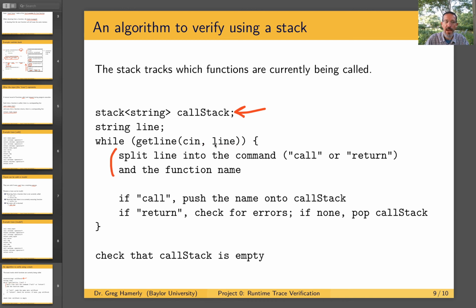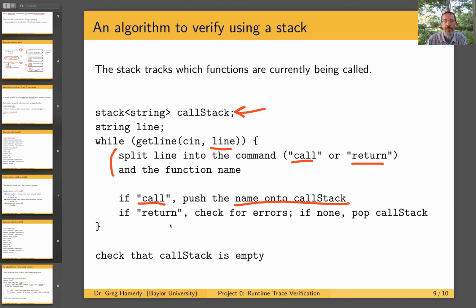Then this is, again, pseudocode. You need to split that line variable into both the first portion, which is the first word, which is just the word call or return. And then after that is the function name, whatever the function name is. So you have to split the string line into those two substrings. And you can do that in a number of different ways. If the command is call, then you simply push the name of the function onto the call stack, as you